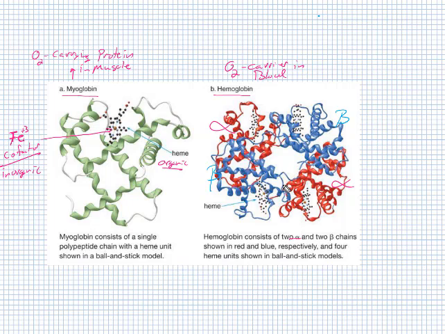Can't really find a good end here to work with, but maybe here is an amino terminus, so you can follow this around. You have some alpha helix, and it goes around here, some more alpha helix, and so those are the secondary structures. The alpha helices combine together to form a tertiary structure. Individual polypeptide chains have primary, secondary, and tertiary structures. They combine to form this quaternary structure. So this is the quaternary structure